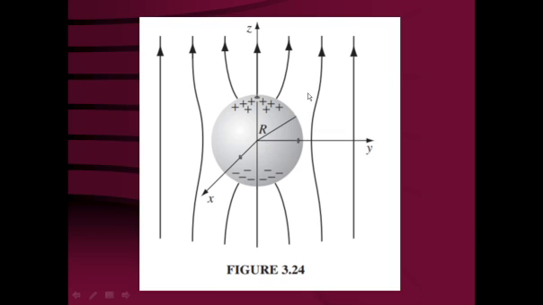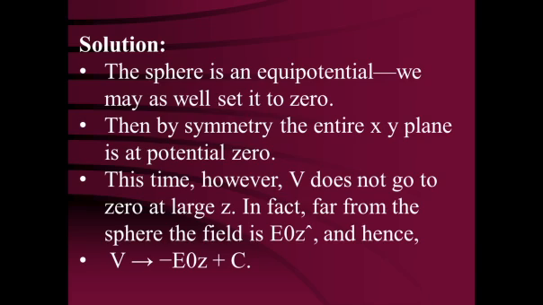It can't be, because the electric field is going to be a uniform electric field. Even at infinite distance, the electric field is not going to be 0. That is going to be E0 z, which means it is in the z direction and its magnitude is going to remain the same. So, the potential is not going to be 0 at large values of r. For r greater than R, the potential is not going to be 0, but we can find it out. How to find out that potential?